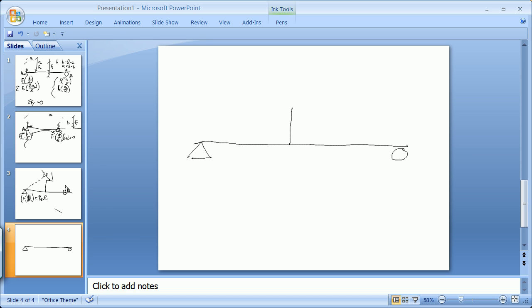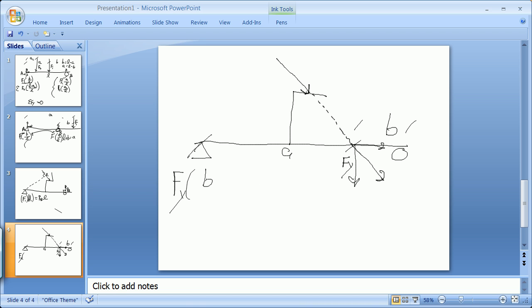If I have a frame here and I have a force here, if you are not confident in doing a slide, divide, and then measuring this distance A and this distance B, so that you can take basically the F in the Y direction, F sub Y, and say distance from the other support B divided by the distance between the supports L on this side, and then F sub Y times the distance from the other support A divided by L. If you are not confident in doing the slide, divide, measure the arms,